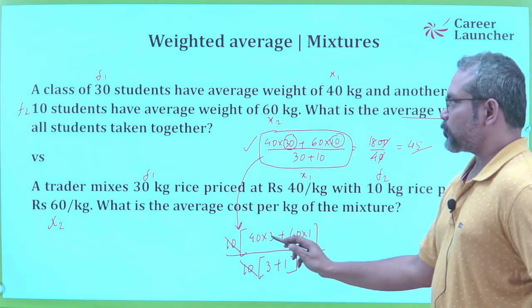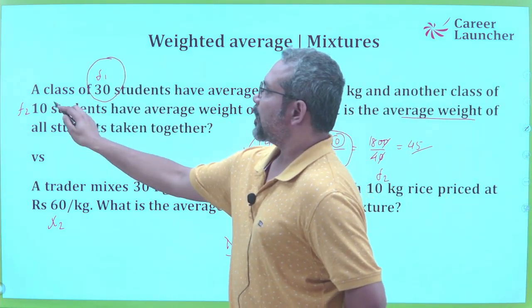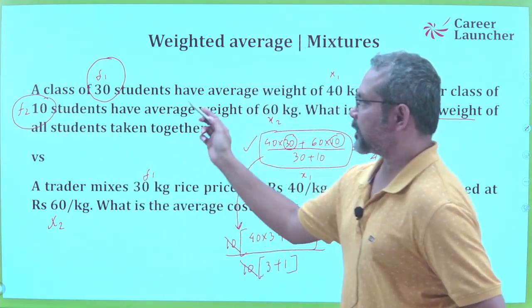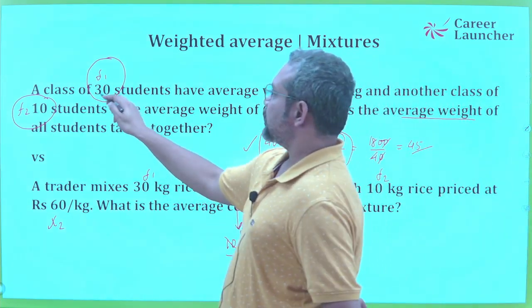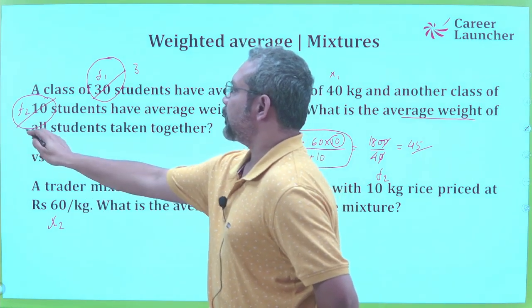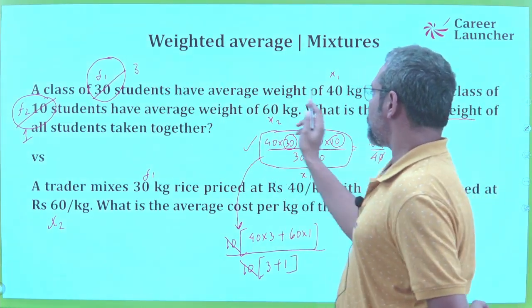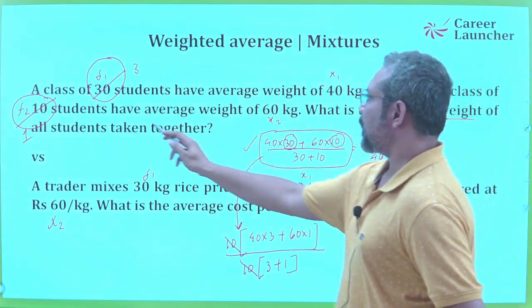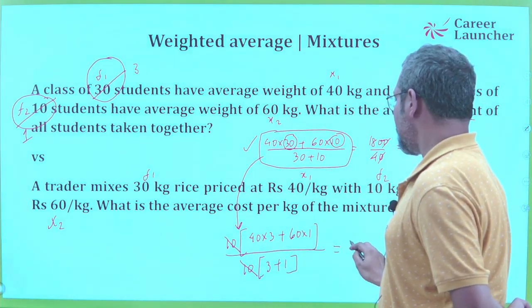What I am trying to show here is that if the frequency values have a common factor, in this case 10, we can just reduce that and make this 3 and this 1 and calculate the average. So we will do 3 times 40 plus 1 times 60, divided by 3 plus 1, and we will get our answer